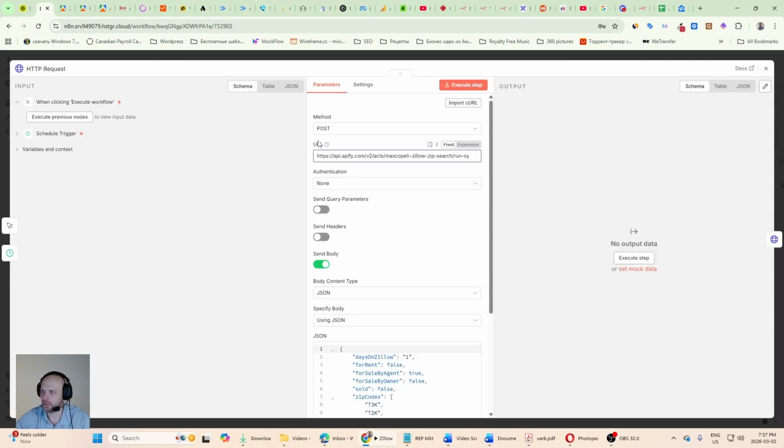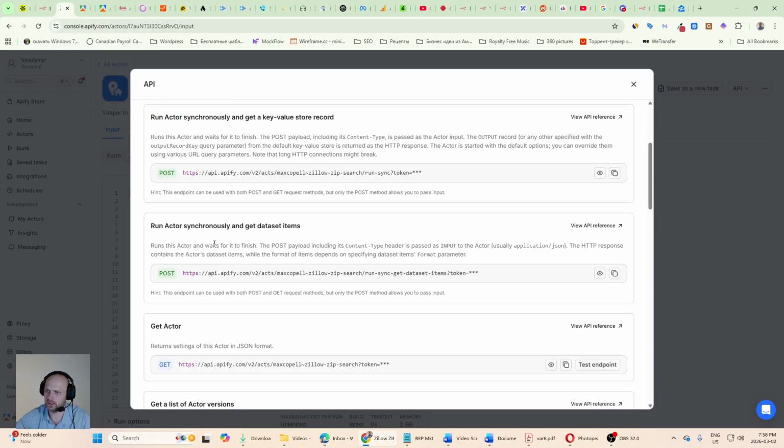And then you choose method POST, and then you paste the URL that you copied. So let me show you how it looks. You need "run-sync-get-dataset-items", and then after that a question mark, and there will be your token, your Apify token, like an API token. So if I go back to my API account,